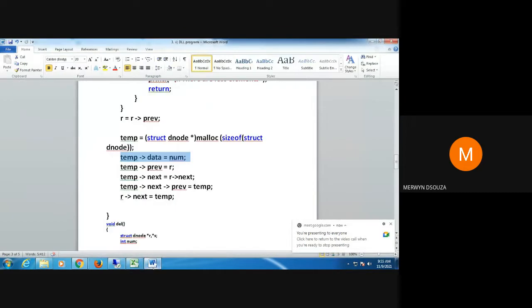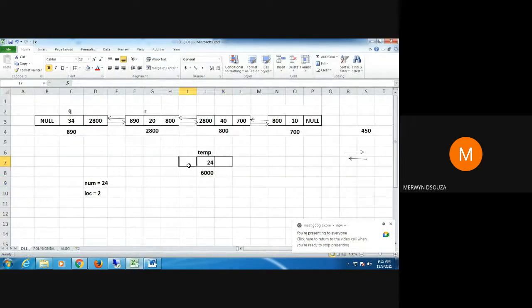Next, I want the previous value here. This is going to be the previous node, and this is going to be the next node for the node pointed by temp. The 2800 address will be the previous node and the 800 address will be the next node.